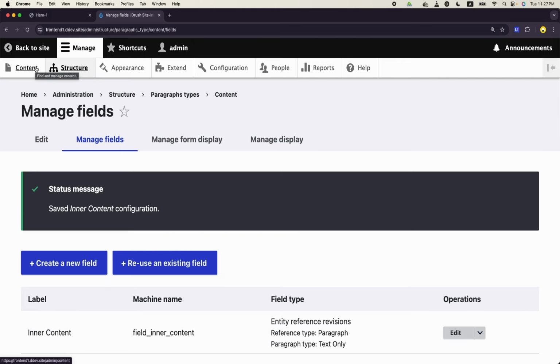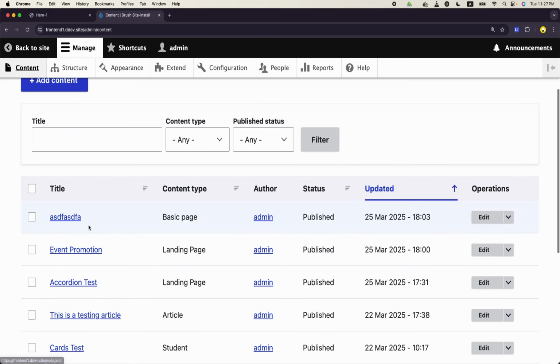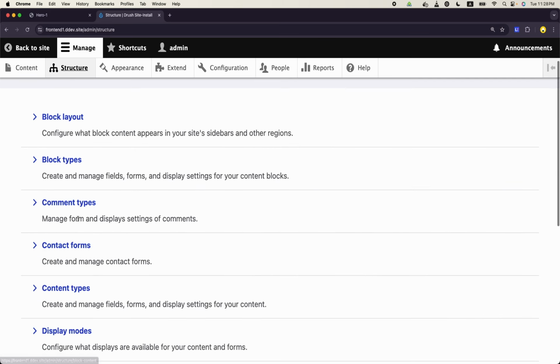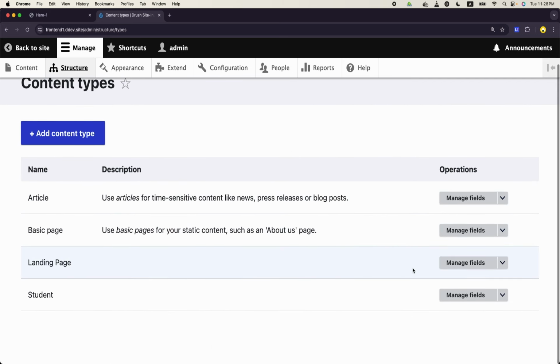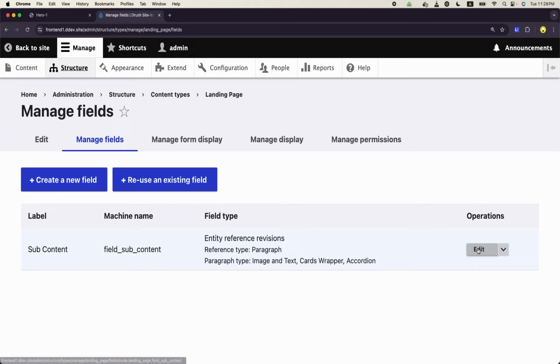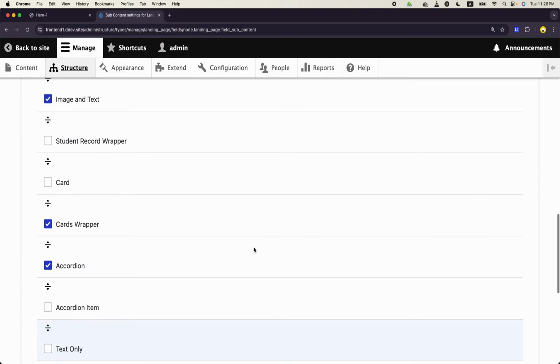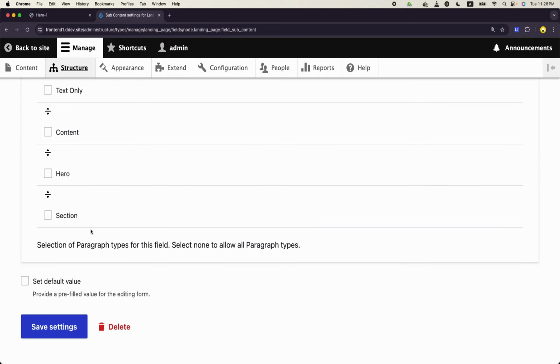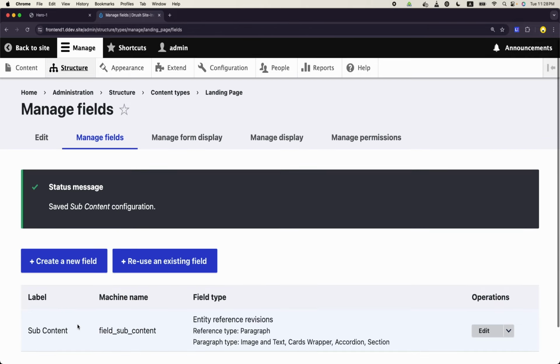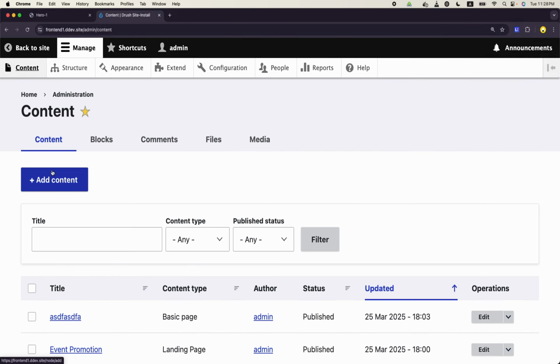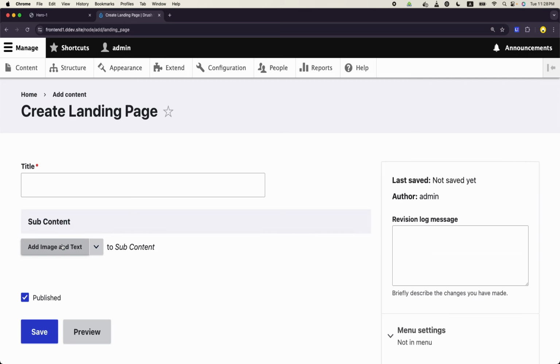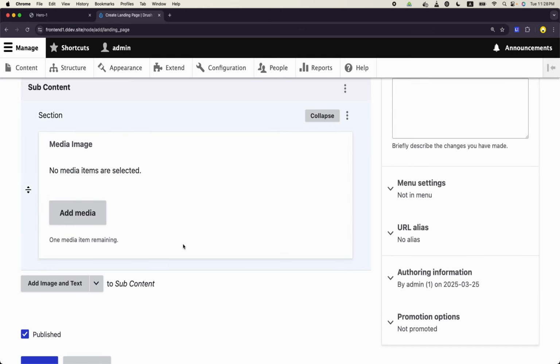Now I want to add a section which is a hero, for example. And by the way, we should change the landing page settings also, so that it can now include a section paragraph type. Where is section? This one, just section. Now save. If I add content, landing page, here I want to add a header. So I will add a section, and it has a background image, this one. Yes. So I will upload a background image, and then I can add